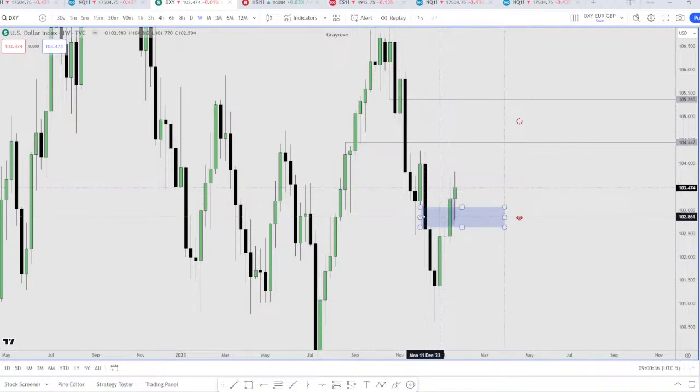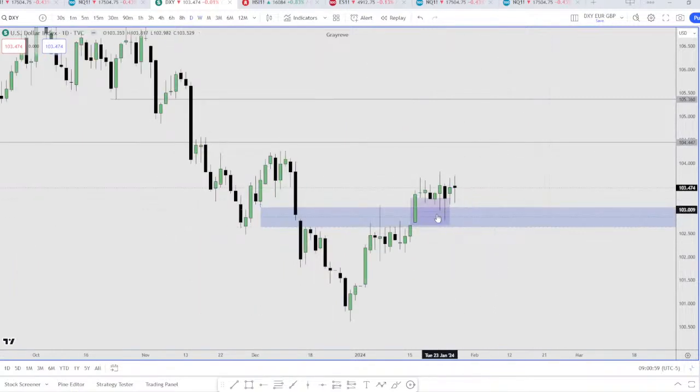that midpoint of this inversion and then closed above it. So I believe it's reaching for these buy stops and then eventually filling up this inefficiency, and at the same time we have a monthly inversion right over here. Okay,